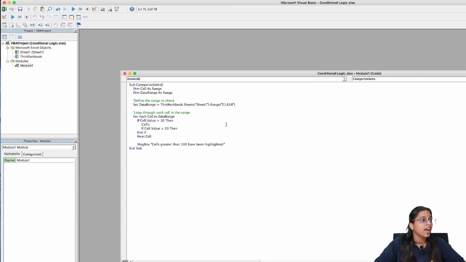In this, I'll use the Offset method: Offset(0, 1), and if this happens, then the value is set to High. I have given the first one as 10, so I'll set it as Low. The other one I am going to set as 20, so I'll set it as Medium.